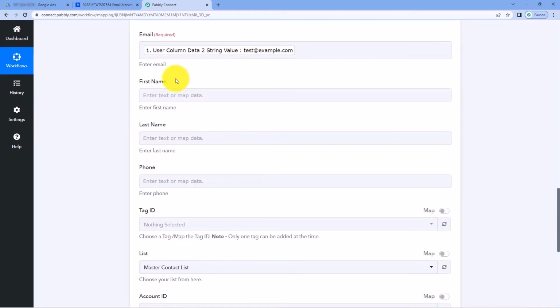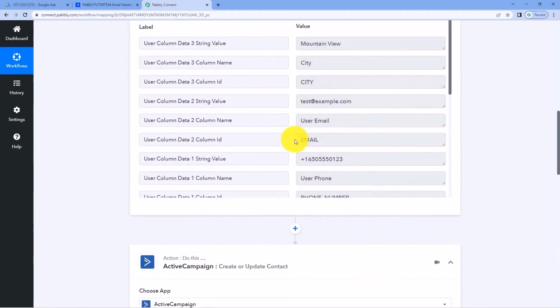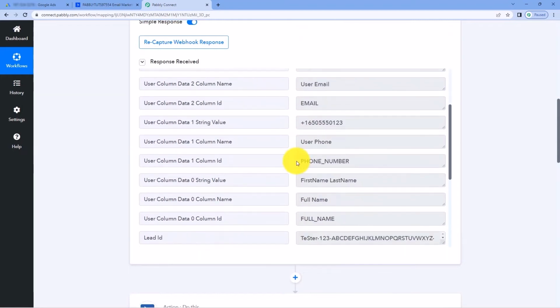Then after this, guys, here in ActiveCampaign, it is asking us for the first name and the last name as 2 different fields. But from Google Ads, we have collectively received a full name response, the full name of the user. We don't have the first name and the last name separately. So what we have to do is split this full name into 2 parts, first name